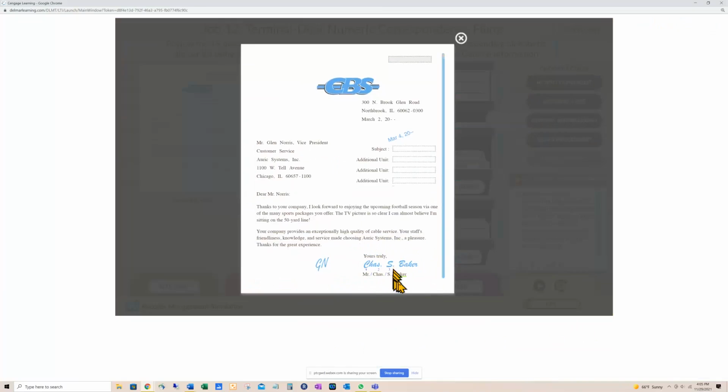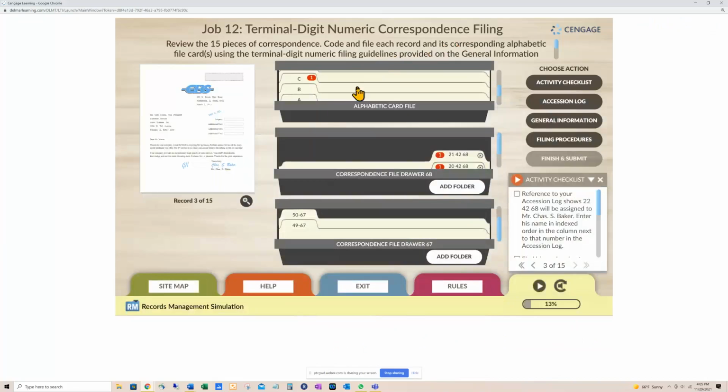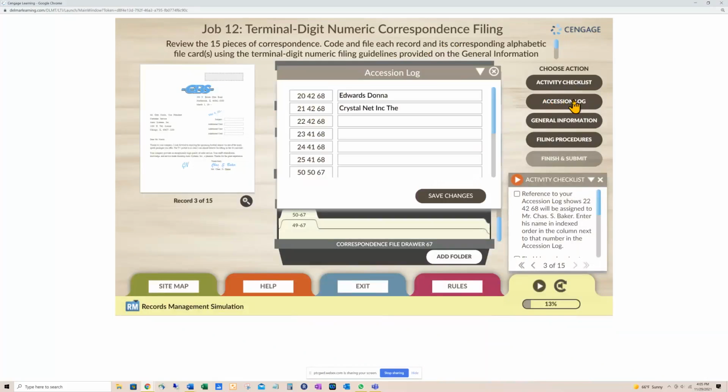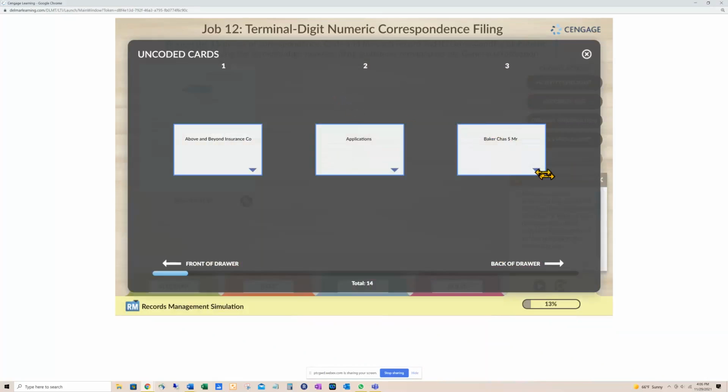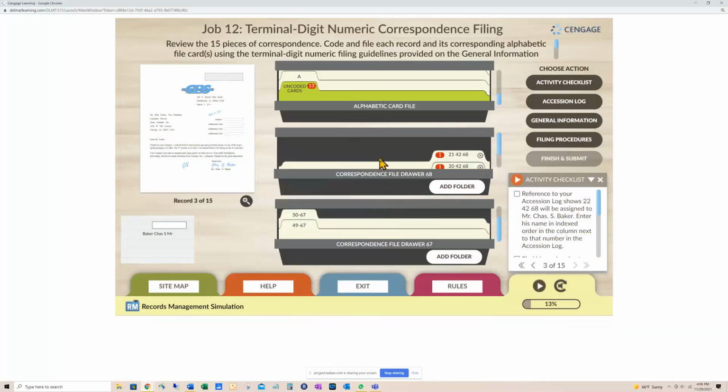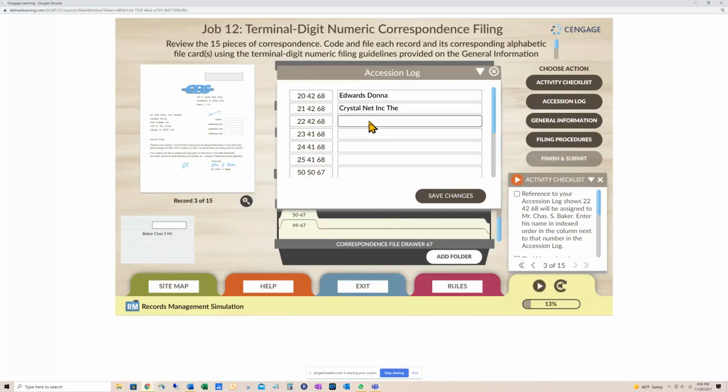Baker. So I want to look for Baker under the reference your accession log. Okay, so this one's already been, let's look here. Oh, okay, so this is the next one to be assigned. So let me close that. Let me go back here and get his card. And here's Chaz S. Baker. Close that. Now let's go to the accession log, and we're going to put Baker